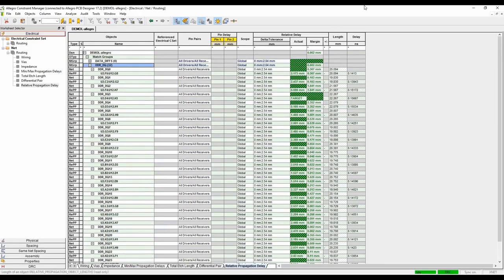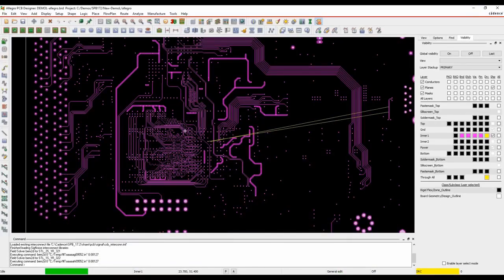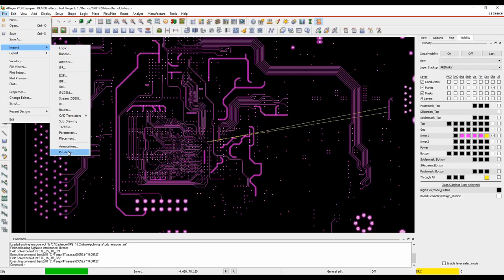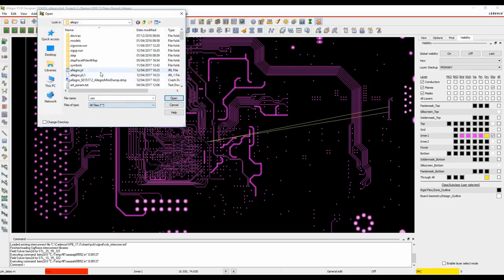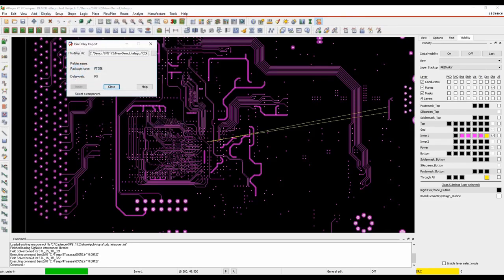We're good to go. Now, in some examples, obviously, the manufacturer may well change the pin delay, so the distance from the bond wire to the actual pin on the pad. He may change that timing distance, and you'll get that as a text file, and you might want to import that information. So with an Allegro PCB Designer license, we have the ability to do a file import pin delay. So I can then browse for my simple text file, and I've got a couple of files here, so we'll pick the FPGA devices,